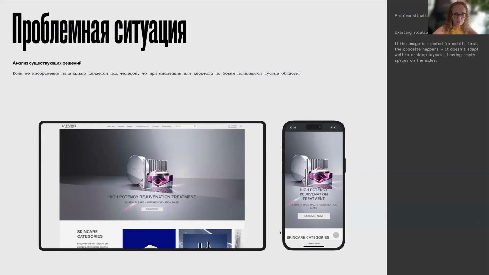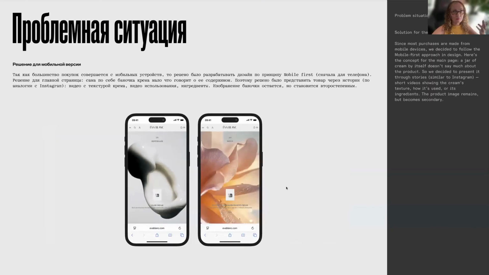Now we see that they started from the mobile design first, and they designed a picture based on that. So the composition in the product was really in the center, and then those margins were cut, and at the same time on the desktop we saw these blank spaces, which does not work. We just needed to provide space for the image, which is not a good solution either. Going forward,